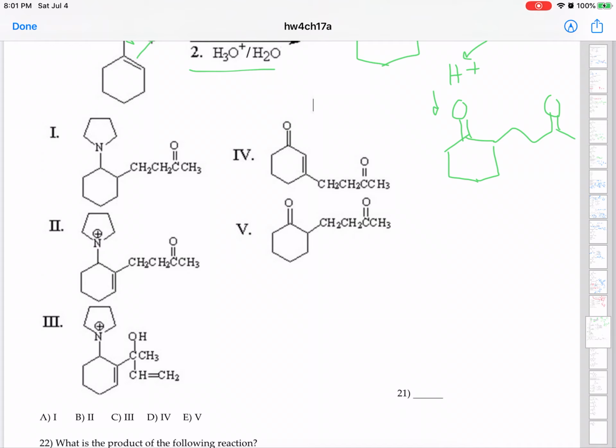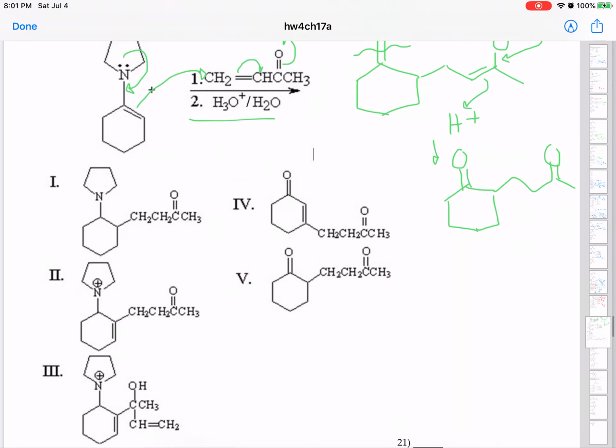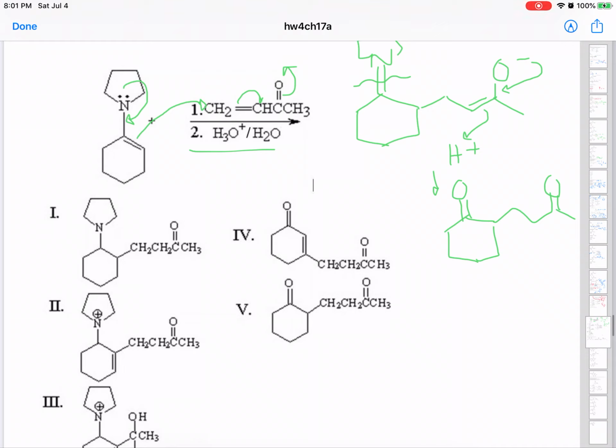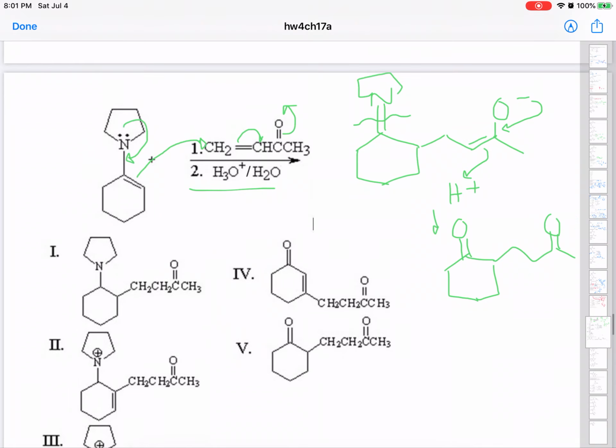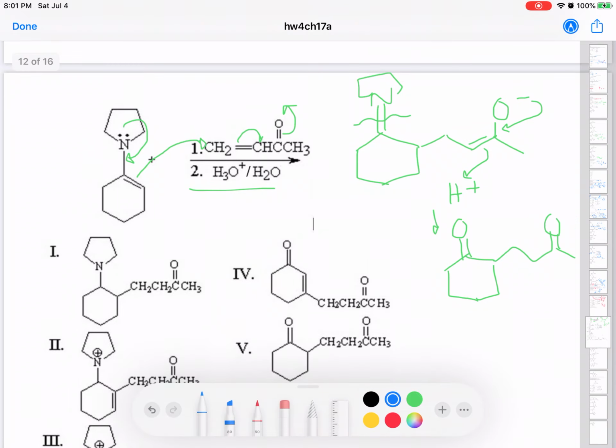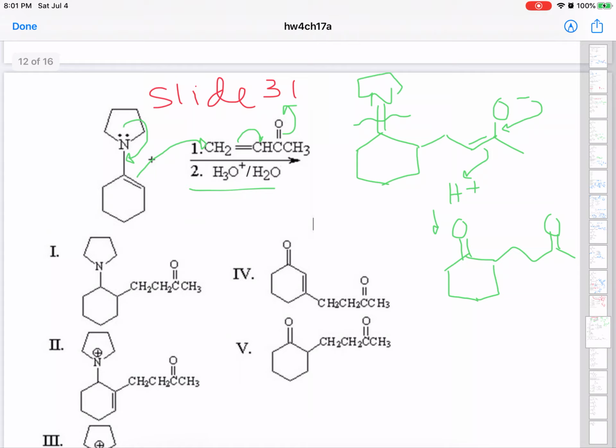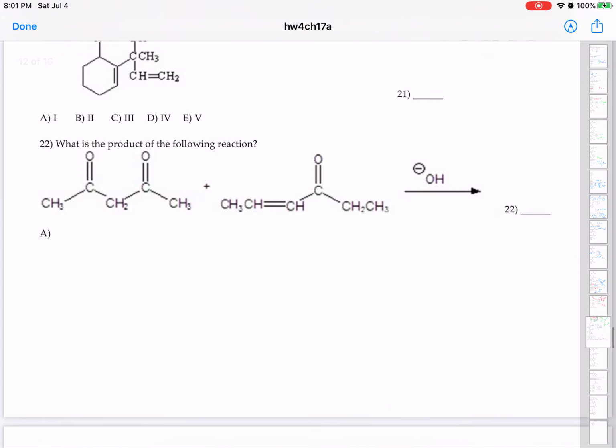Which one is going to be the correct answer then? We have a carbonyl group. Yeah, I see the answer. So you can figure out which one is the correct answer. And this also you find in slide 31. Refer to that slide. What is the product of